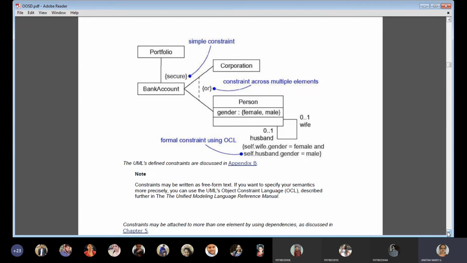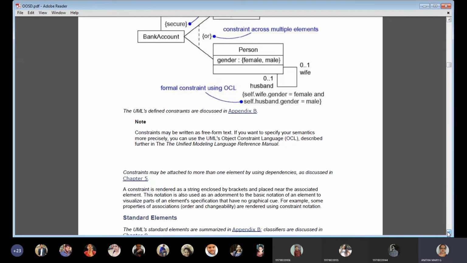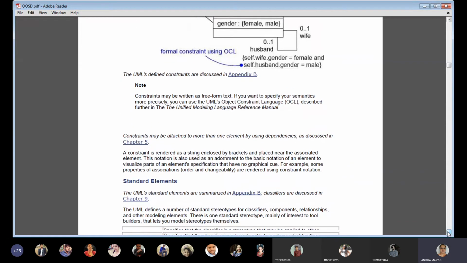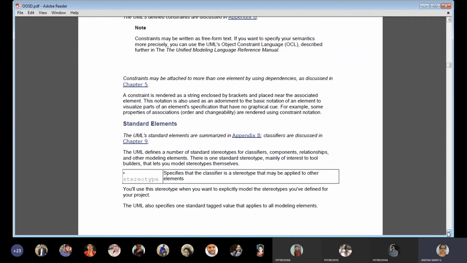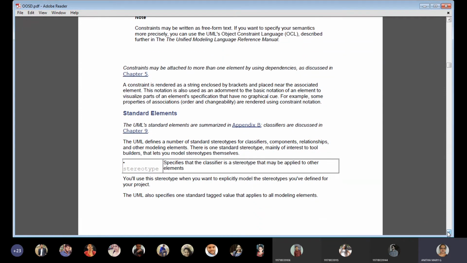And then moving on to the next terminology under the first part of this chapter, that is standard elements. The first one is stereotypes, which specifies the classifier that a stereotype may be applied to other elements.